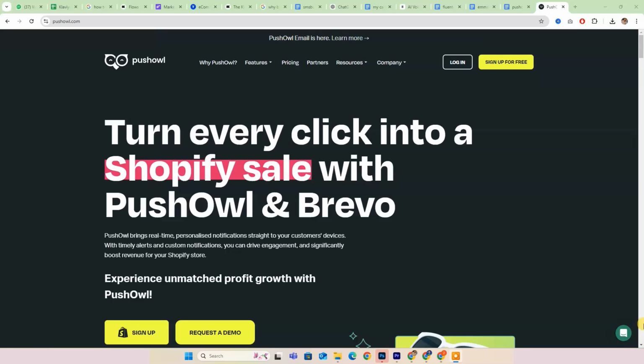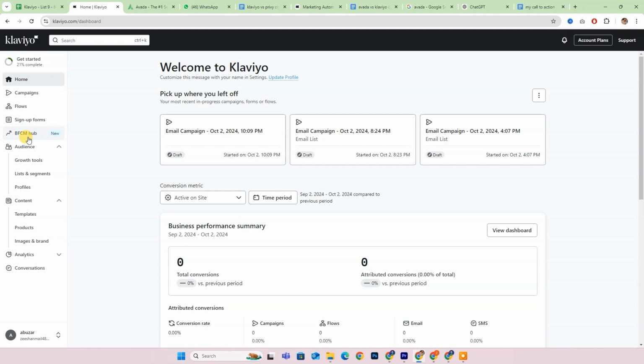Hello everyone. Today we're going to explore a comparison between PushOwl and Klaviyo, two powerful tools in the realm of